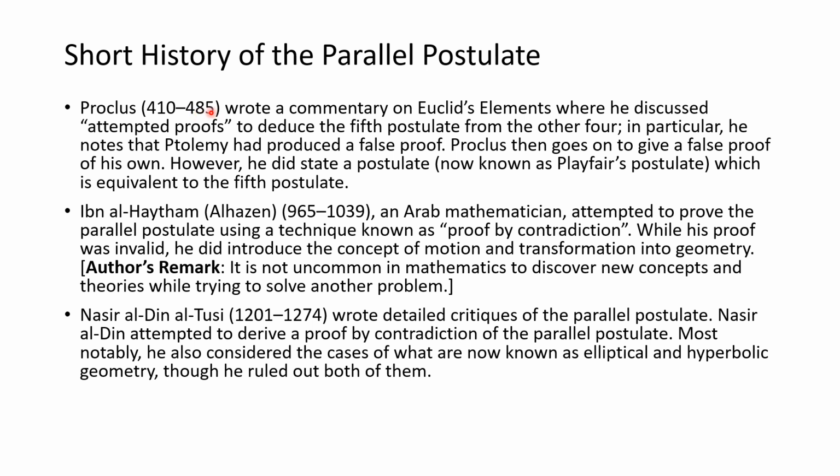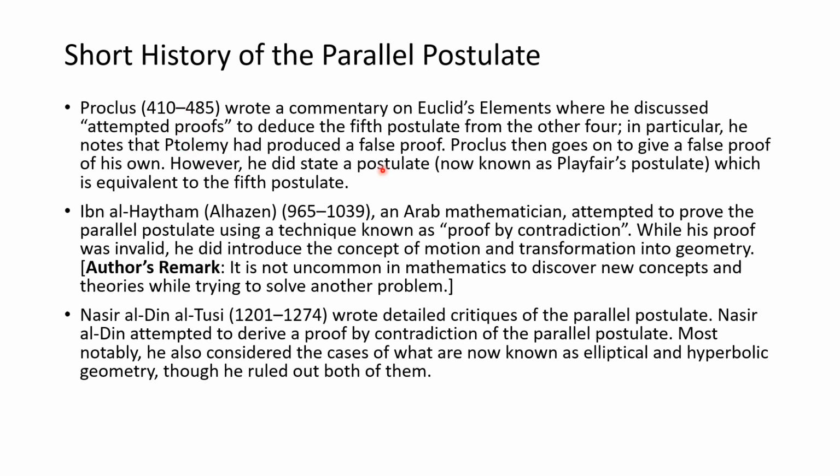He wrote some commentaries on attempted proofs of the fifth postulate from the other four, and he in particular talks about Ptolemy's false proof. Now, Ptolemy was born in 100 AD, and Euclid was 300 BC, so already we're talking about quite a long